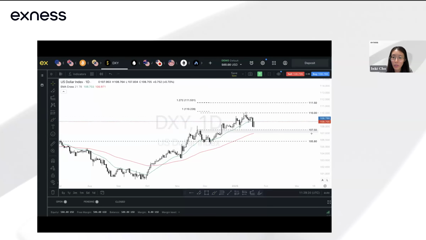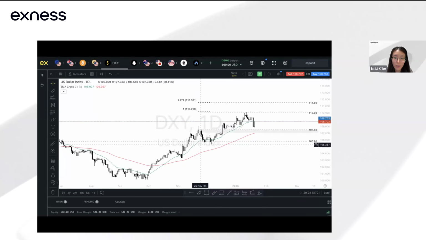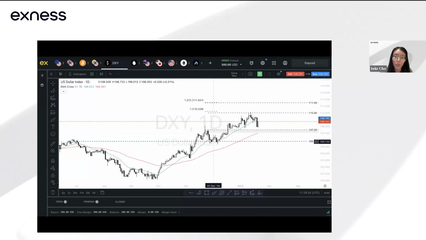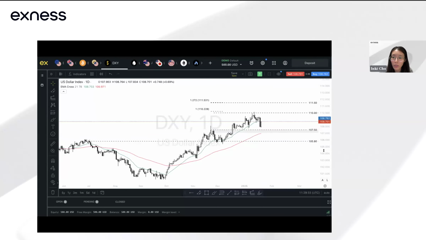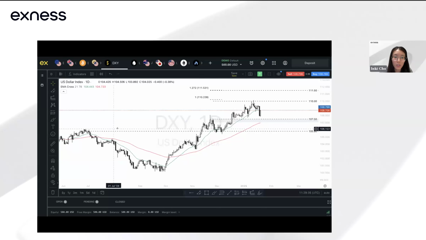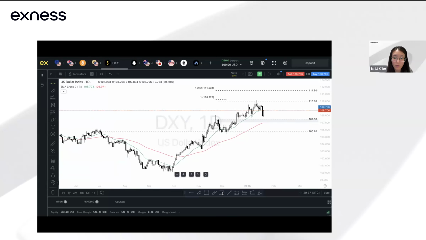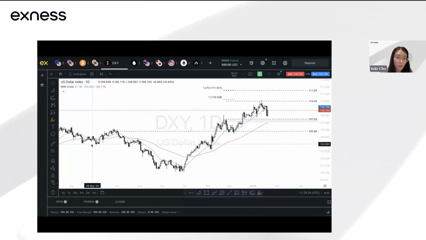Right? So these are the two levels. And then if price breaks below the 107.50, what this could also mean is that we could see a steeper decline, right? And a potential retest of the next support at 105.80. Now, 105.80 was obtained because of this move. You can see that this was a very big pullback that price experienced. We saw the consolidation and a strong push to the downside.